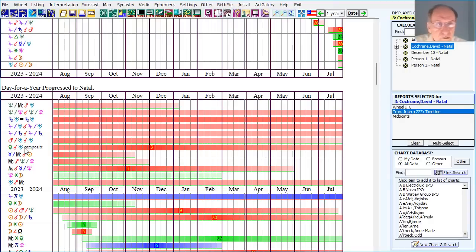Venus is conjunct Uranus, exact on December 3rd. Whoa, I didn't realize that. That's interesting. Venus is conjunct Uranus on December 3rd. The evidence so far is that the composite is the strongest thing that can happen. It's stronger than a planet-to-planet conjunction, if you can believe that. It is the strongest thing that can happen.